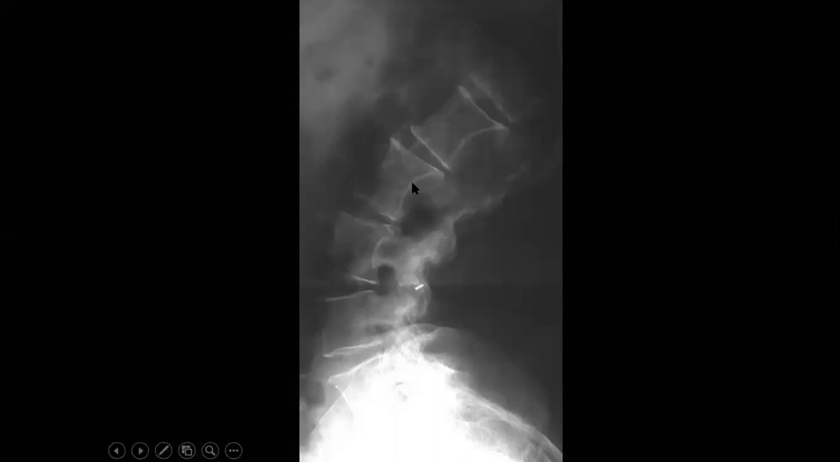Yes, scalloping. This is the key, posterior scalloping. Let's have the differential: what could be the cause of posterior scalloping and